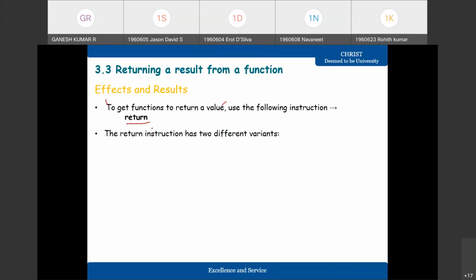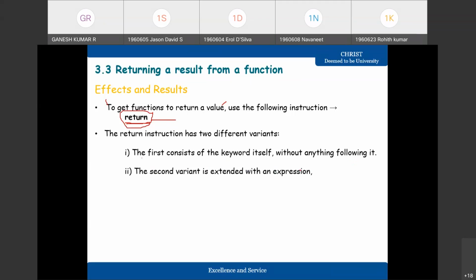The first consists of the keyword itself, just the instruction return, with no variables, names, characters, literals or data types following it. That is the first variant, the simple one.